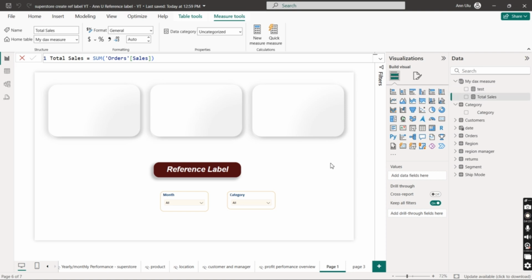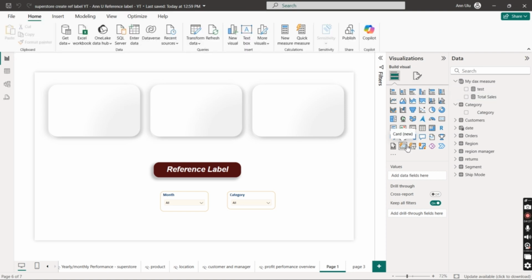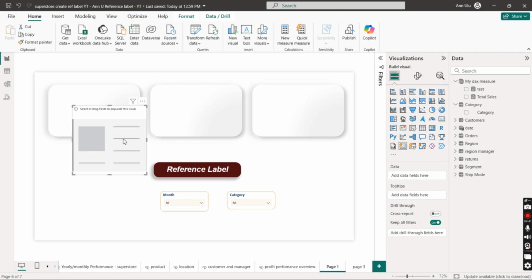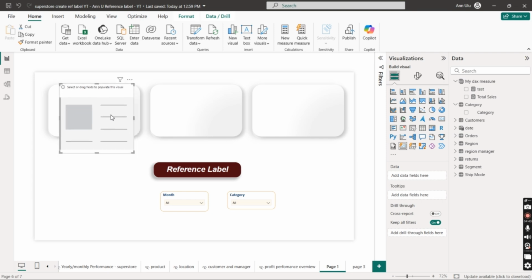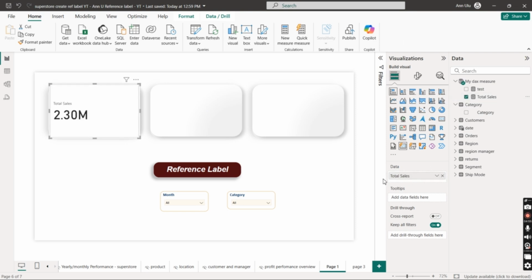Now let's see what we have. Go to your visualization pane. Select the new card visual. The new card visual has a lightning icon on the top left. The old card visual does not. So take note of that difference. Now click the new card visual. I'm just going to resize this real quick. Now select the total sales. If you check it, you can see on the visualization pane total sales is here, and this is our total